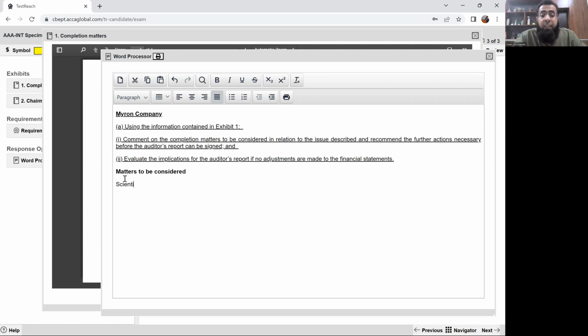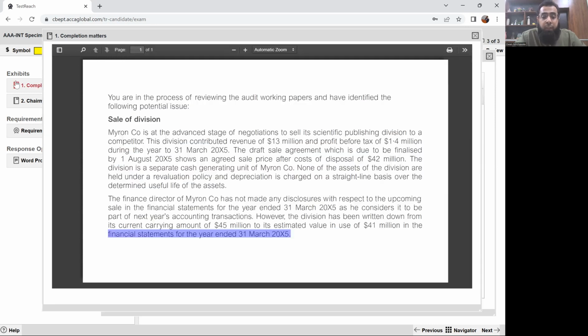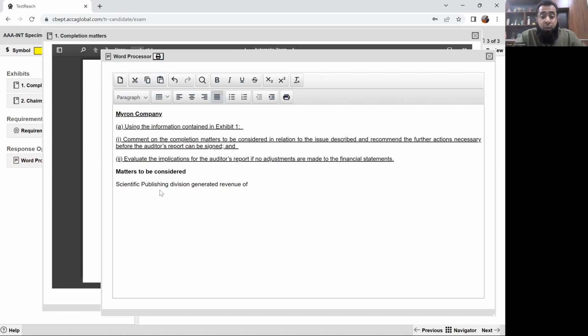The scientific publishing division generated revenue of $13 million and profit before tax of $1.4 million during the year ended